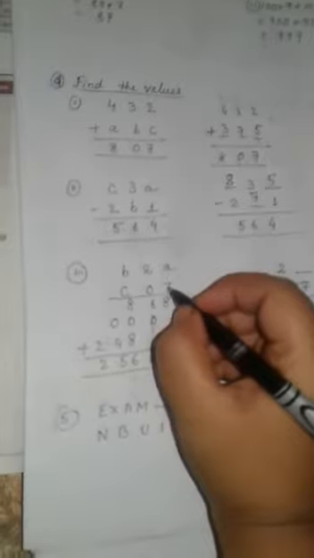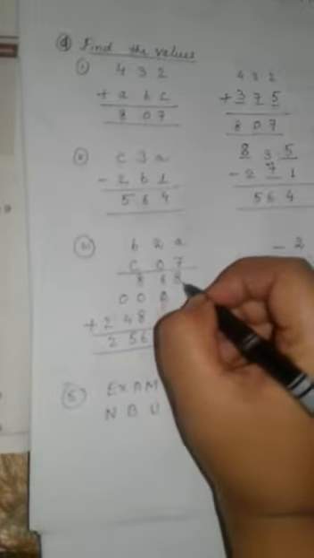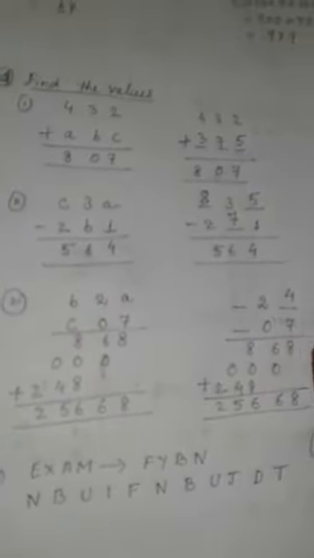Now next question number 3. With 7 what will you multiply so that the answer will be 8? So 7 4s are 28. So we will write here 4. 7 4s are 28, 8 carry 2. 7 2s are 14, carry 2 makes 16, 6 carry 1. Then 7 1s are 7, and carry 1 is 8. So here we will write 1.